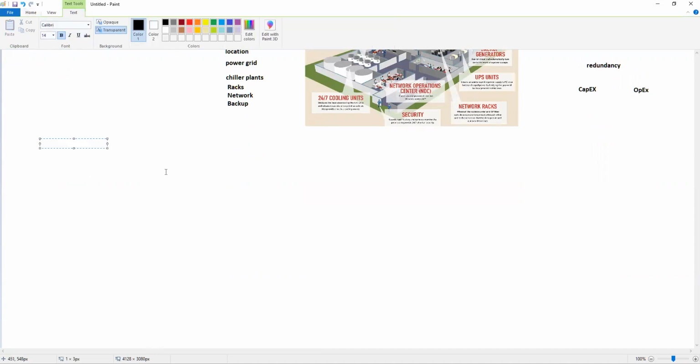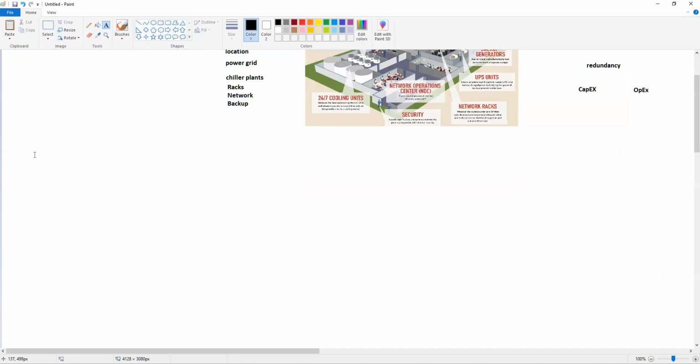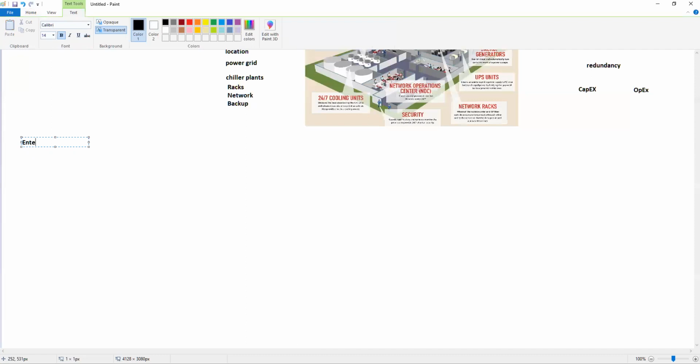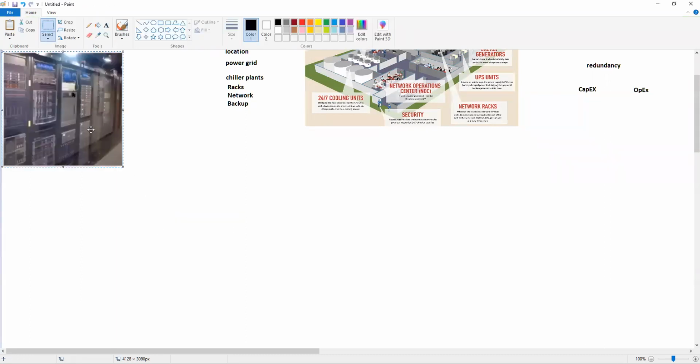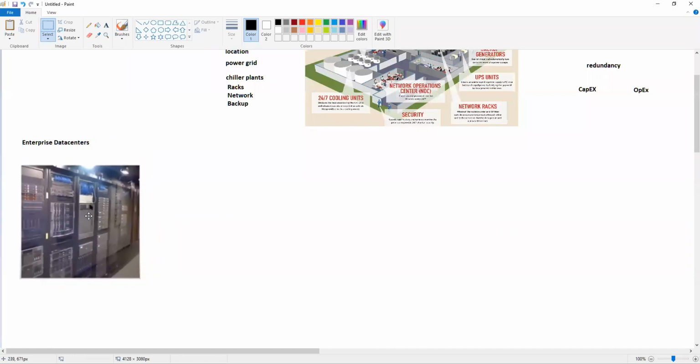The first type of data center is where you take care of all of these, and we call that an enterprise data center or privately held data center, where you have to take care of everything I've shown here. I have one example of such a data center.